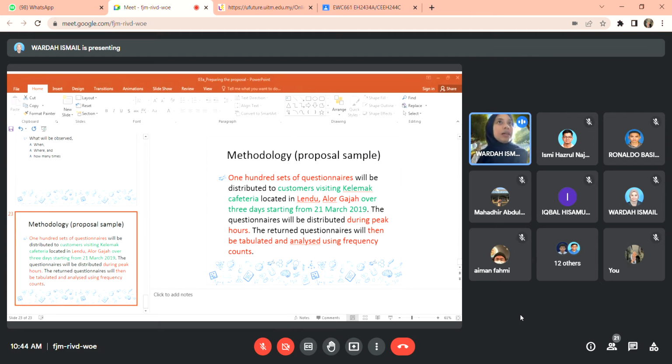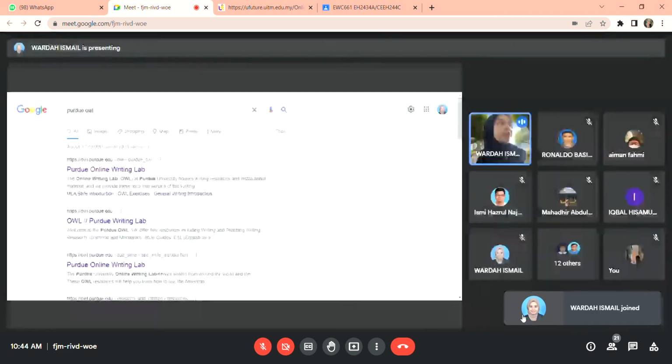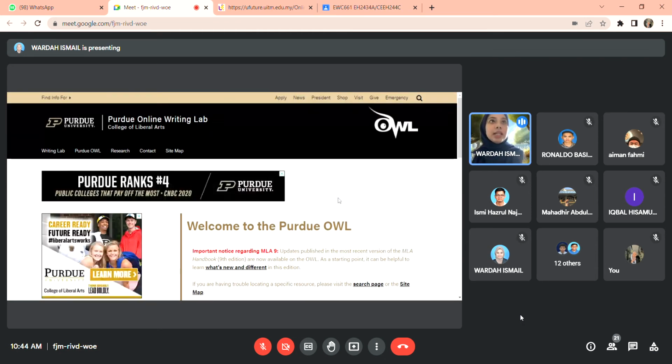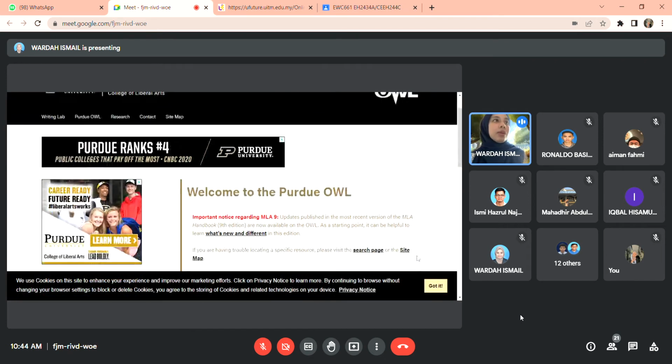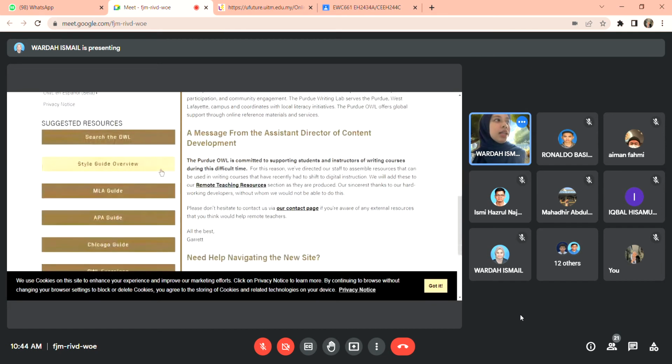Okay, let me show you the best website, the bomb, for you to look at APA style to refer to. You can just go to Purdue OWL. You just type Purdue OWL. Okay, and then you just click on the first link. Click on the first link and then it will bring you to here. Okay, this is the website, and then you go down, scroll down a bit, and here, click on